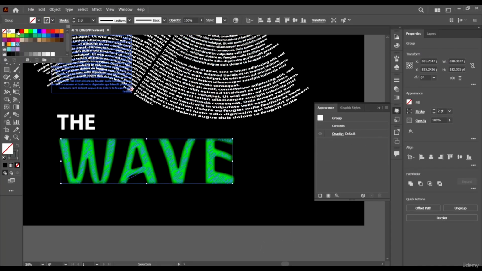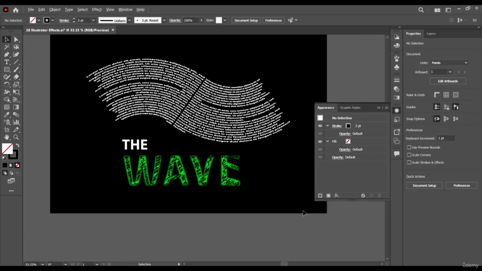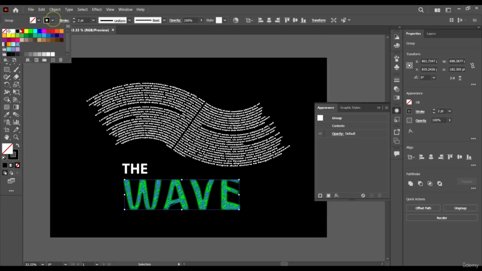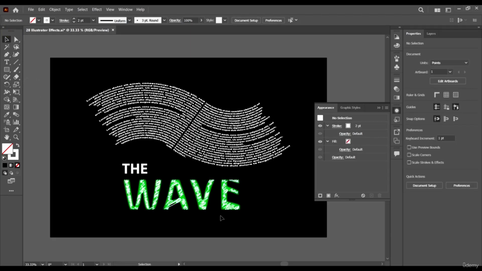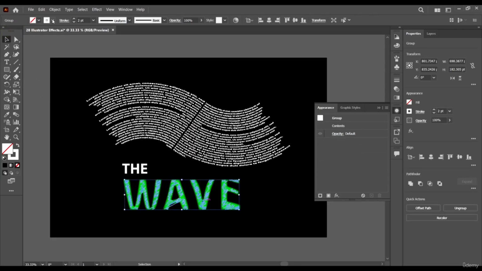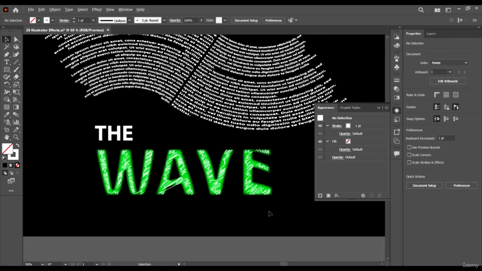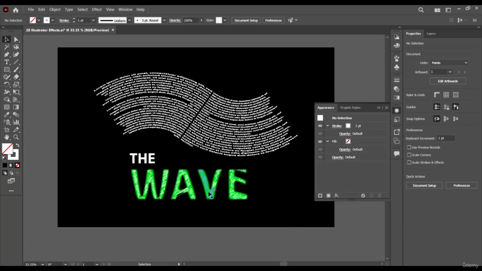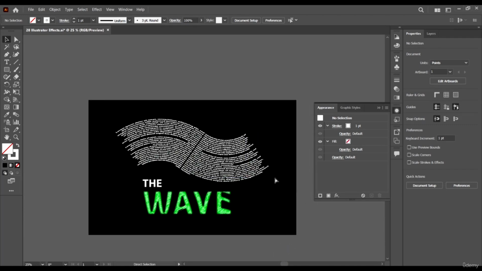Give it a black color, or a white color depending on what we want, or maybe a red color. Maybe just change the stroke to 1. Yeah, this should work. We could work with this.